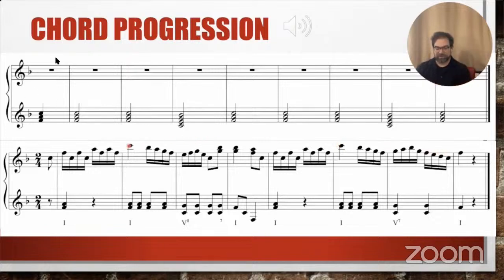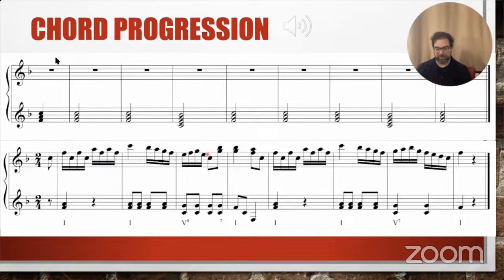So what Haydn's done is he's created a lot of tension, which pushes this first phrase forward and creates an expectation for the second phrase. And the expectation is that at some point this piece has to expand. And he does it all based on a very simple chord progression. So you can see we've got measure 1, 2, 3,